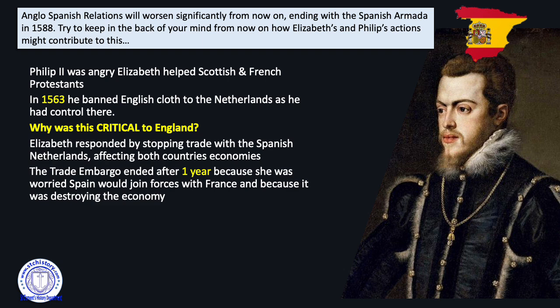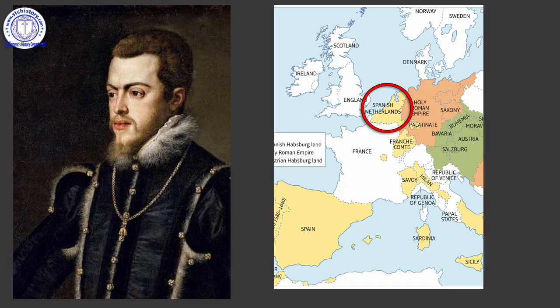All right, so they will worsen significantly. This has just been a little bit of a nuisance, this trade embargo, and Philip is just a little bit miffed with Elizabeth. It's going to get much, much worse. All right, so let's think about this Spanish Netherlands then before we look at the Spanish Inquisition. Some of the images that we'll see in a sec, some of you might not particularly like them, but that is what happened. It was a brutal period of history. So you can see how important the Spanish Netherlands is to Europe. It's right in the middle of Europe.